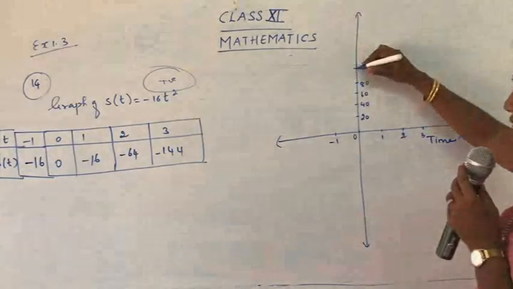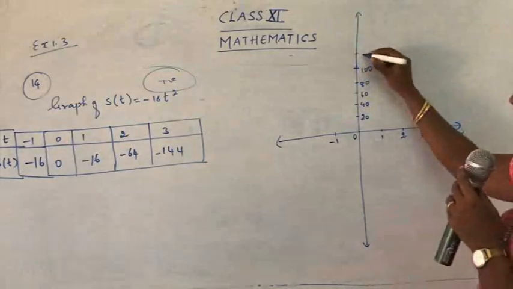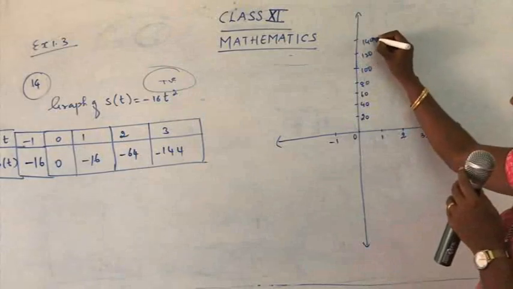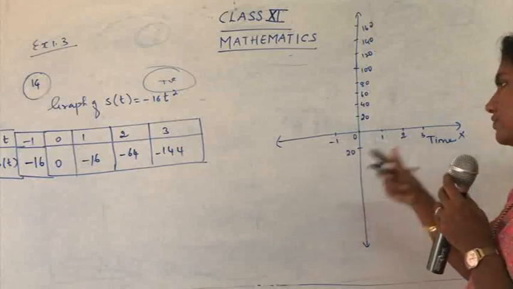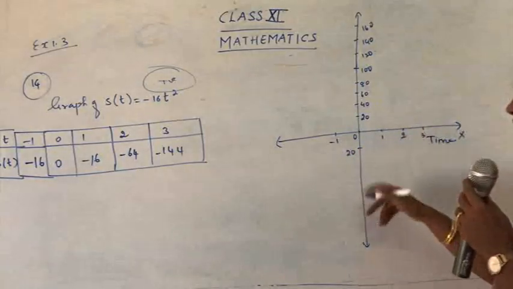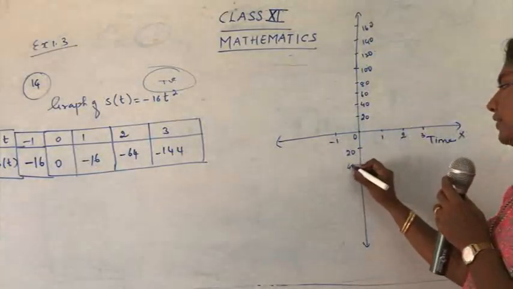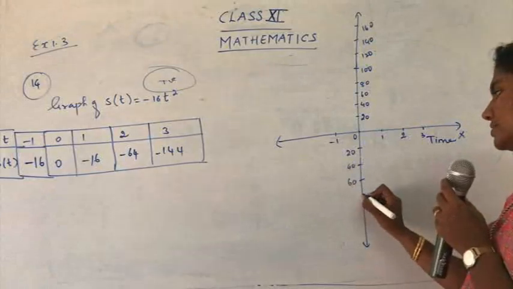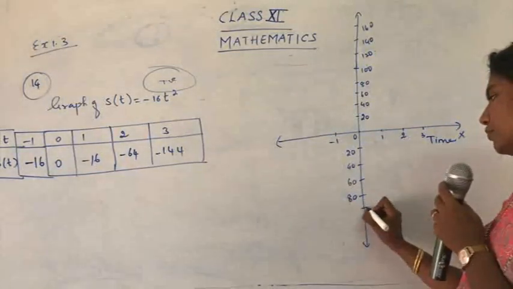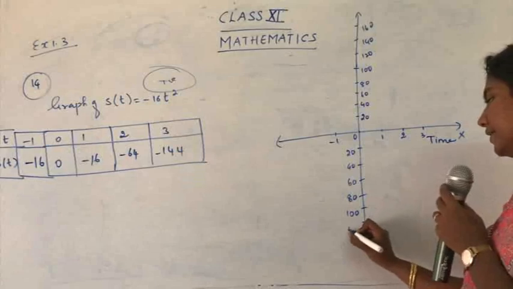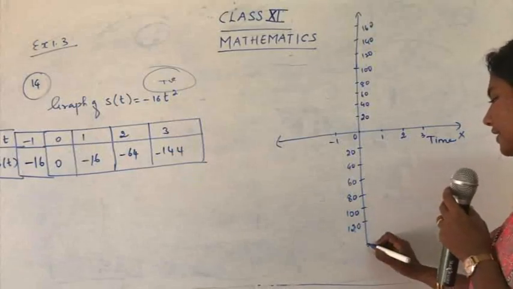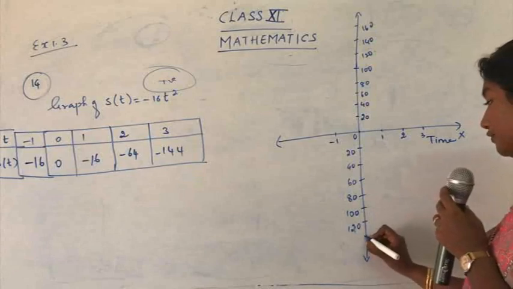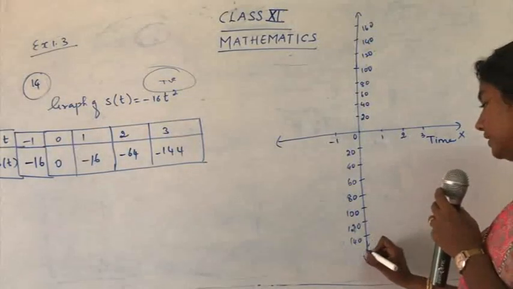That's why I told you to use a fresh page. 100, 120, 140, 160. Here it is 20, or you can take the multiples of 16, but this is the easy thing. We just go on writing the numbers and we can plot our points. Anyway, this is a rough plotting only, so no problem. 100, 120, 140. We have 144, so you have to plot it. 160, 40, 60.